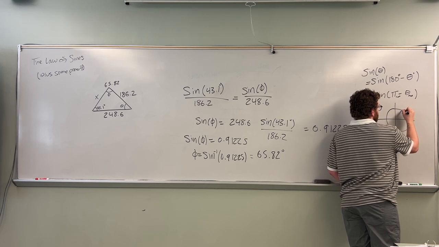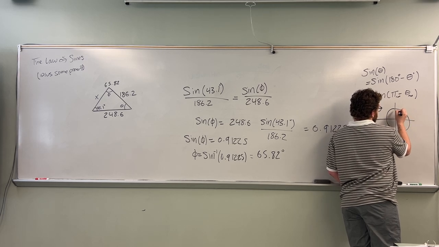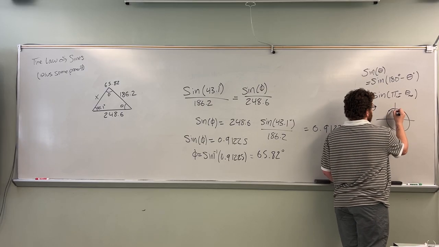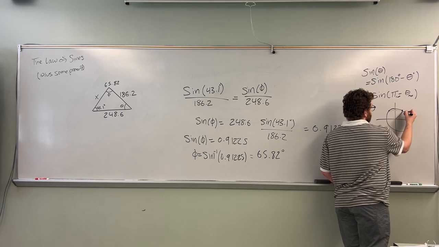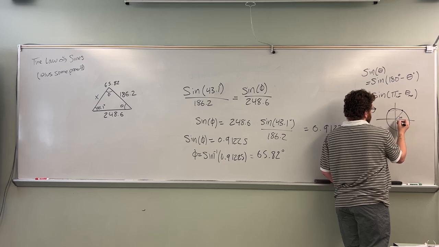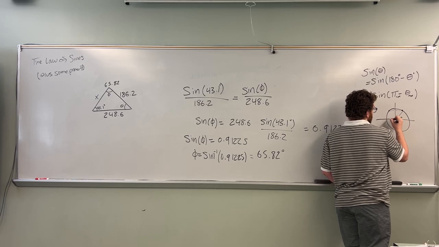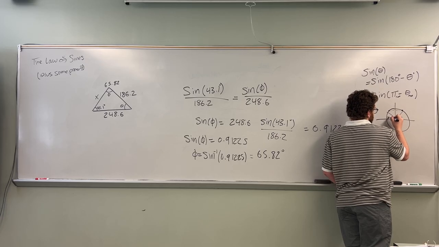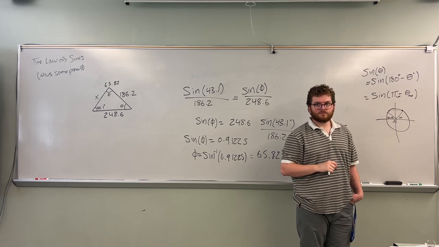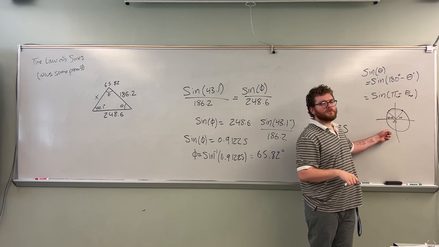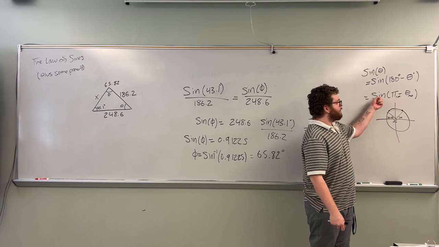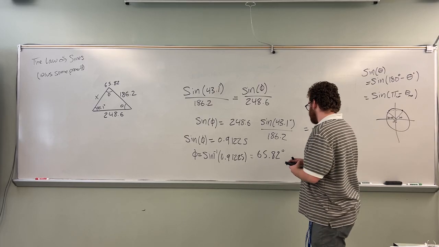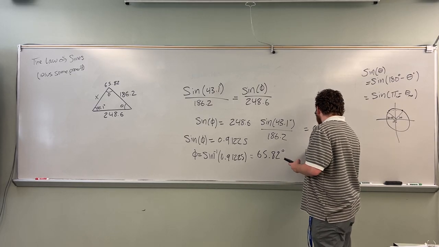So if I have something here with a y value, then the thing that has the same y value on the other side of the circle is 180 degrees minus that angle. Again, this will be more comfortable when we do this with the unit circle, but this is one thing to recognize here,